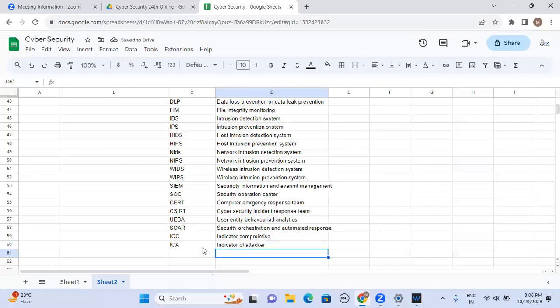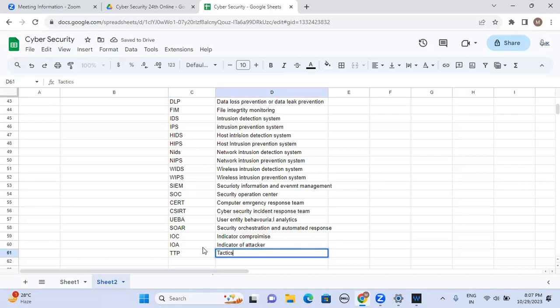Whenever any attacker is trying to do hacking, the attack-related details may be the IP address, the country from which the attacker is trying to do the hacking or attacks, and also how the attack is entering into the organization, and what tactics, techniques and procedures (TTPs) he used. That is a part of IOA. Next one is TTP,